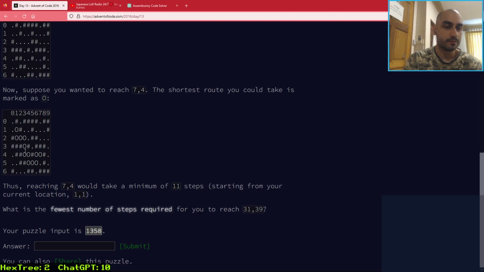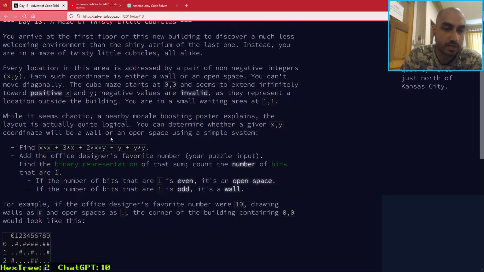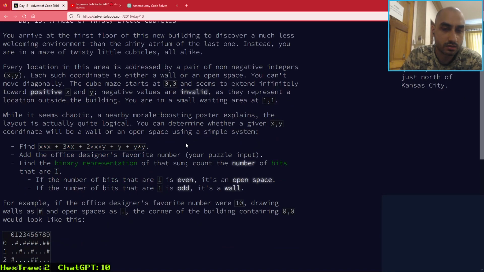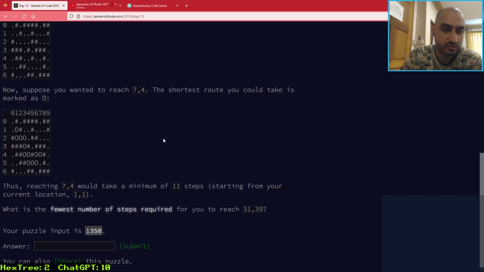You don't need to calculate every... Okay, fine. 31, 39. It's just breadth first search, and this is not a complex sum. You just need to do it. So 31, 39 is not even very far, but